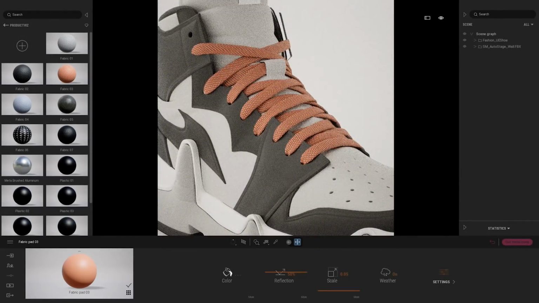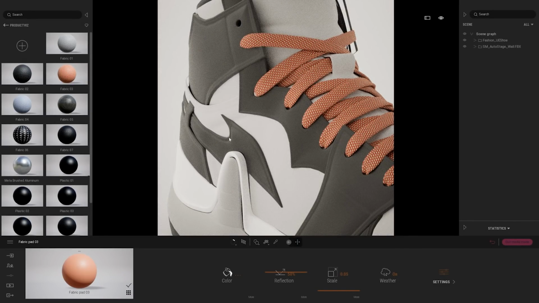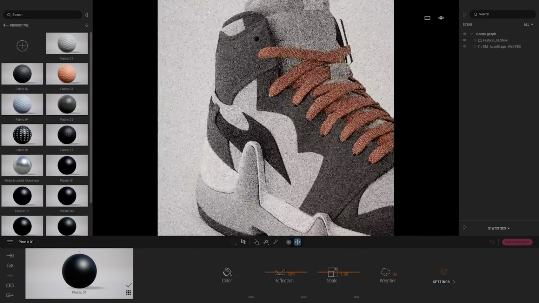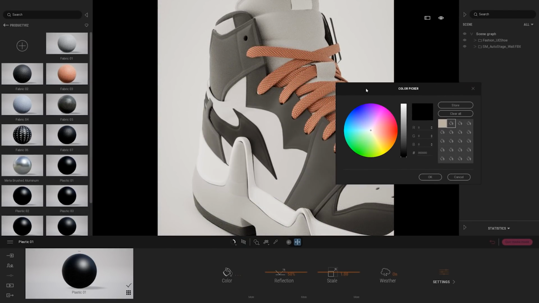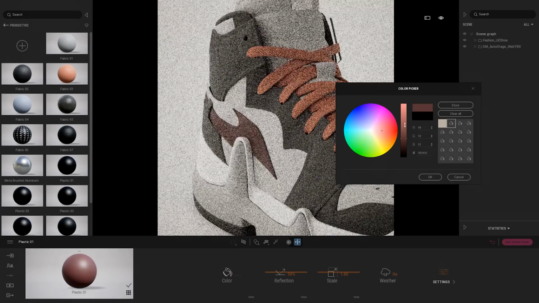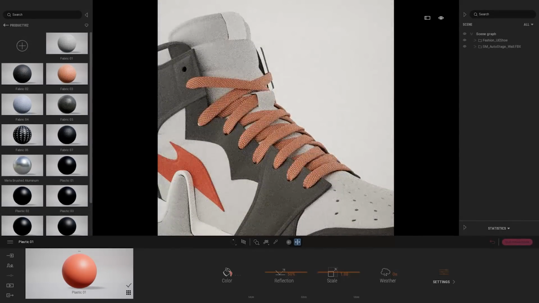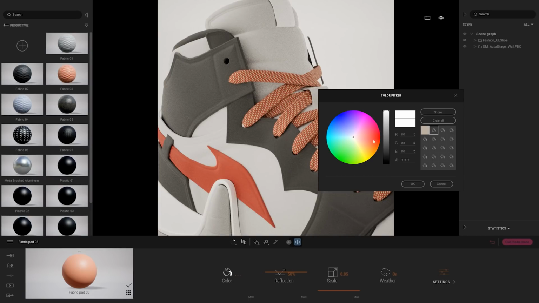And yeah, the next step will be just to drag and drop a couple of materials onto my whole shoe. So here, for example, on that part, on that form on the side, I'm going to have the same orangey color as the lace. So here I will just pick the color and change it to have something a bit more colorful. And right now my lace is not colorful enough too, so I'm just going to pick the lace up again and add a bit of color to the lace texture.